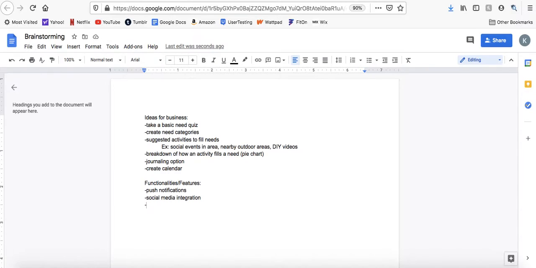Another really good thing I think is going to be the calendar aspect. Being able for an app to filter in what is coming up and what is already passed. And of course a search engine of some type. Say I feel a really creative need today, and I want to search for pottery in my area, or search for pottery DIY, or search for paint, whatever. You can just type in paint in the search bar, and it'll be like, oh, do you want to go to this painting class in your area, or do you want to throw some tennis balls at a piece of paper, like that kind of thing.